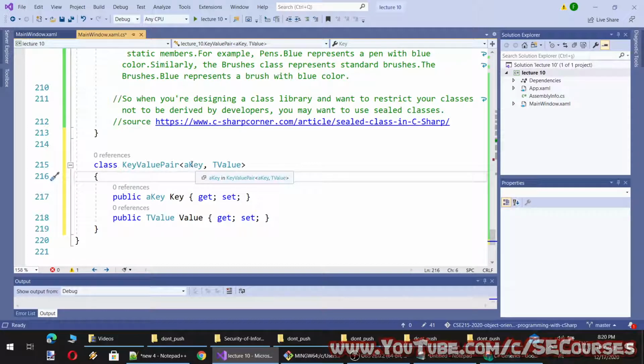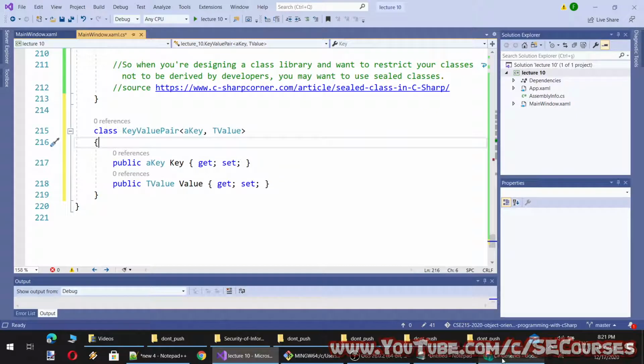Therefore, it doesn't matter what you write, as long as that name is not one of the data types in C#. Okay, so the naming is not that important as long as you use a descriptive name.